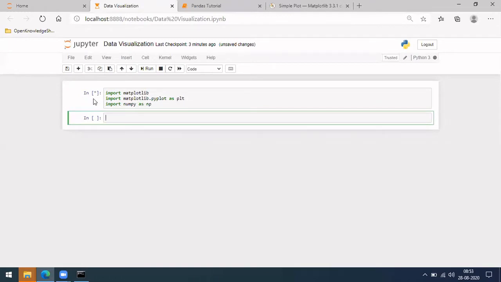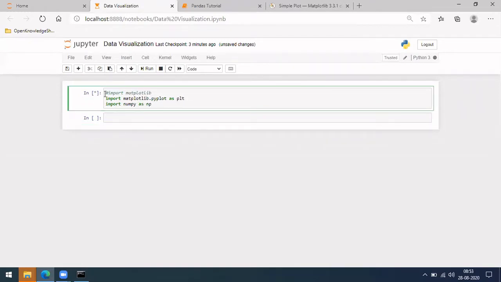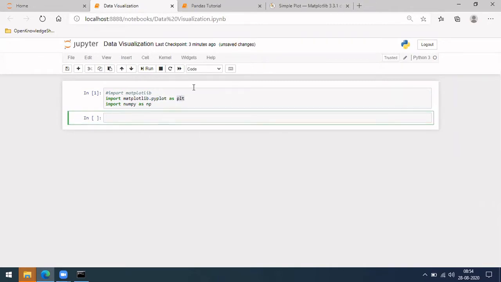Mostly even this is not required. We will be using this and then use plt, just like NumPy used np and pandas used pd. Similarly, for matplotlib, you'll be using only the pyplot functionality for most of the cases. So you use import matplotlib.pyplot as plt. This is one common way to do it.